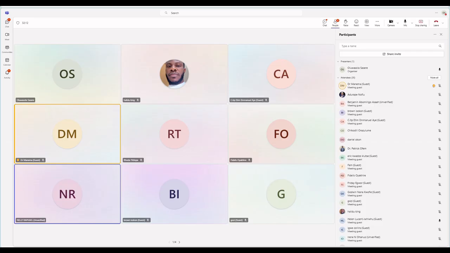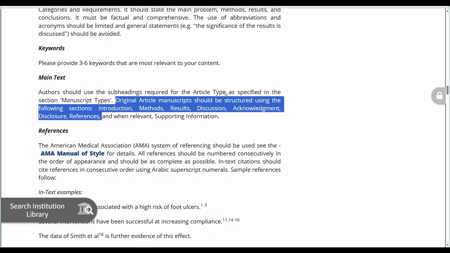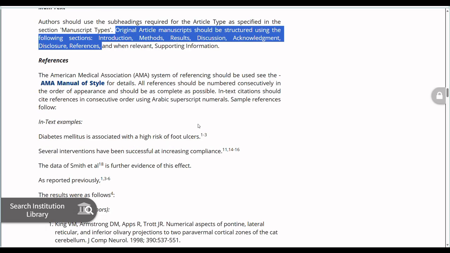It means you will do your discussion. It is under the discussion that you will have the significance of the study, the implication of the study, the contribution you have made, the conclusion. Everything has to come under the discussion section. So it simply means your discussion should not be a standalone discussion. That is exactly what this has told us. That's what we can make of this.